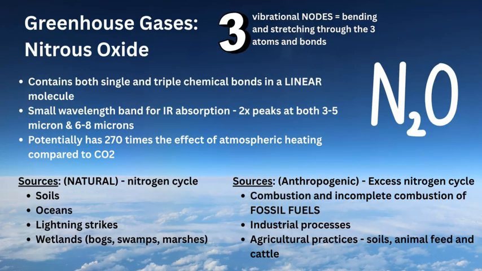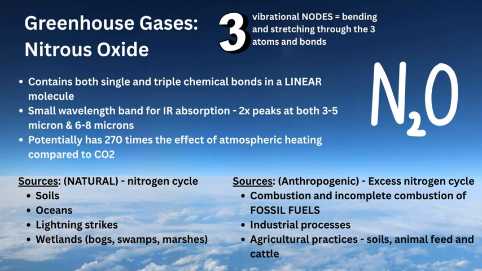Our last main greenhouse gas to discuss is N2O, or nitrous oxide. Now, part of the nitrogen cycle, this gas has the potential to heat the atmosphere over 270 times more than CO2 could. Nitrous oxide goes into the atmosphere through both natural and anthropogenic sources, the natural being through soils and